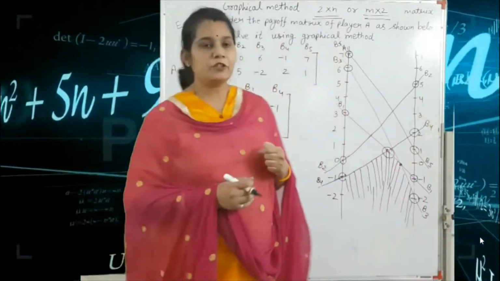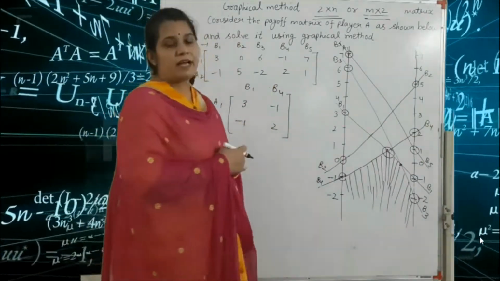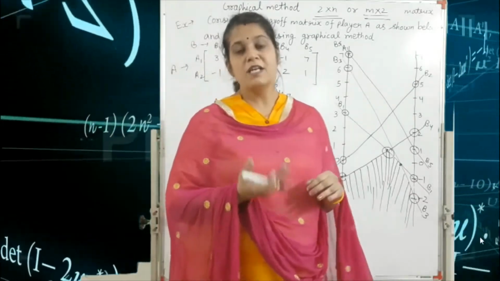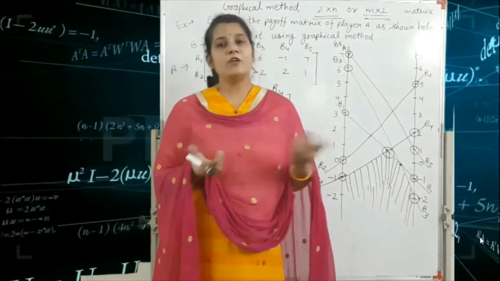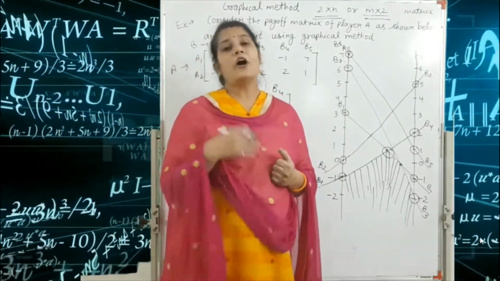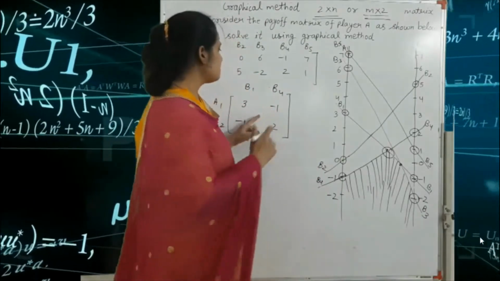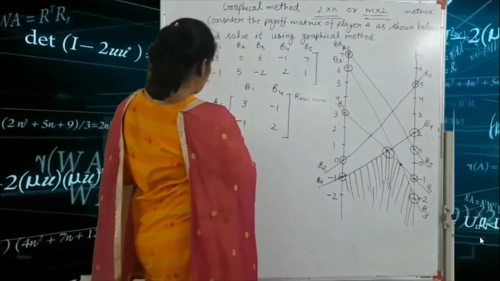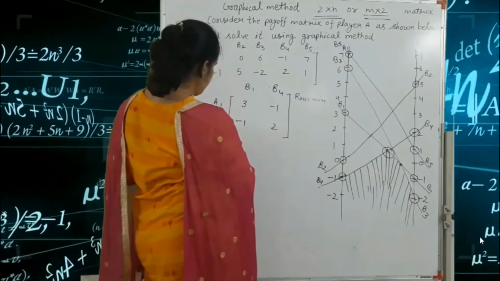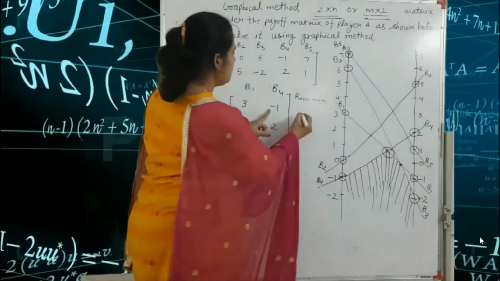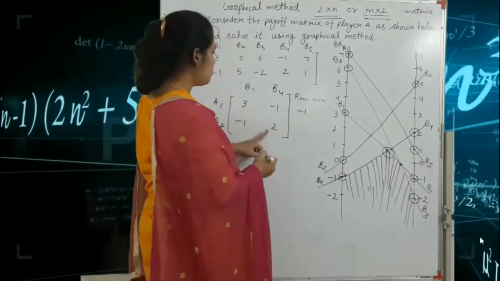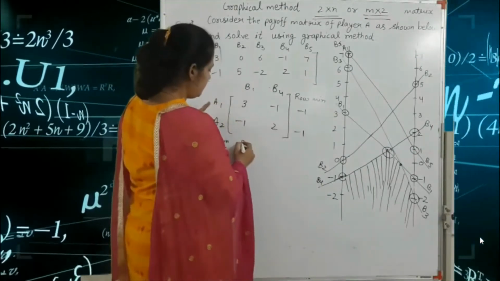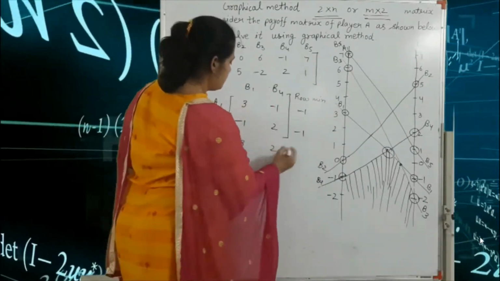Okay, so after that, you have already seen this type of questions in our previous lecture on game theory. So here we find the saddle point. Okay, if this question is in the saddle point form, we find the value of m immediately. Otherwise we use the oddments method. So first we find here the row minimum and here the column maximum value. So here row minimum minus 1, and here row minimum minus 1. Got it? Here column maximum 3, and here column maximum 2.